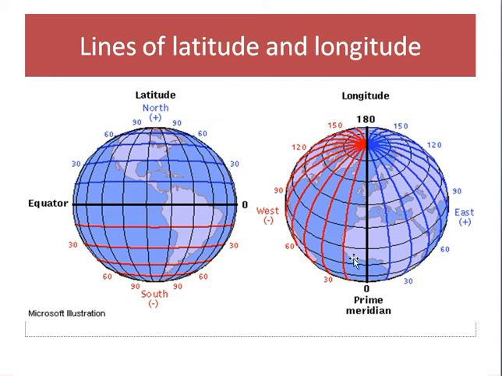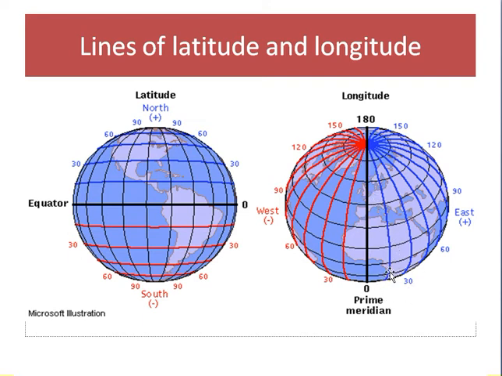See here, prime meridian and the equator. These are the two main lines which are running in the center of the globe. Okay, one is running from north to south and the other is running horizontally and dividing the globe into two halves, and it is called equator. Now you can see there are so many other lines on the globe and making a grid. Remember, we did one exercise also in the last lesson.